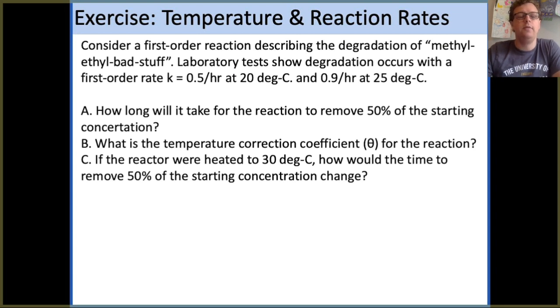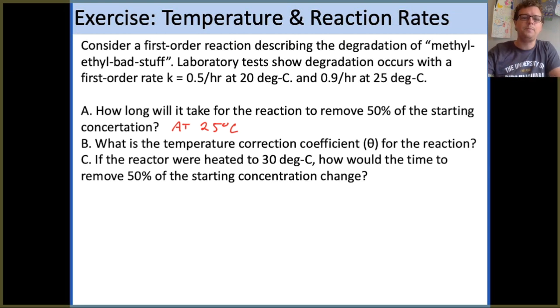Consider that we have a first order reaction describing the degradation of a compound. We'll call it methyl ethyl bad stuff for now. We know from laboratory tests that there are first order rate coefficients of 0.5 per hour and 0.9 per hour at two different temperatures. And so the question is, how long will it take to remove 50% of the starting concentration? And not written here, let's say that's at 25 degrees C,